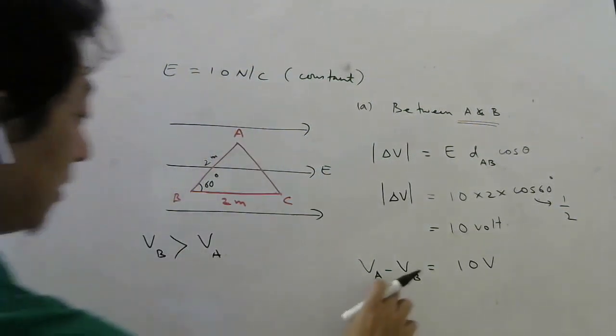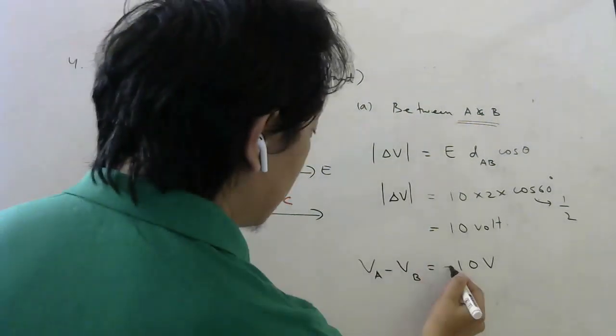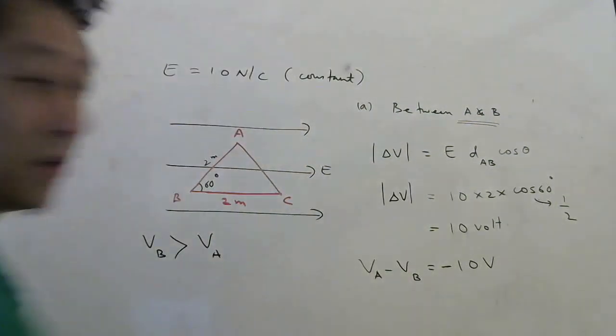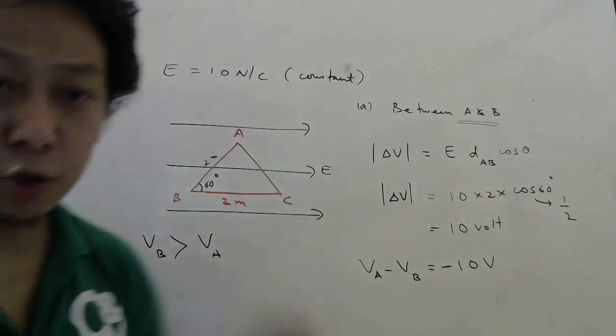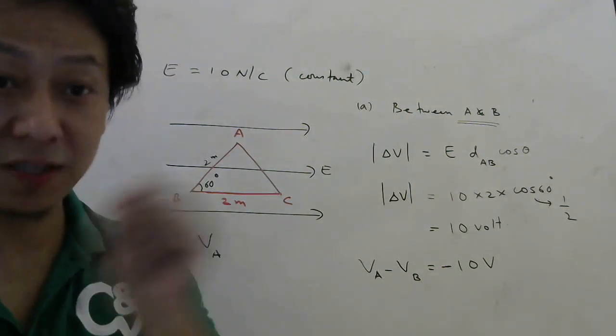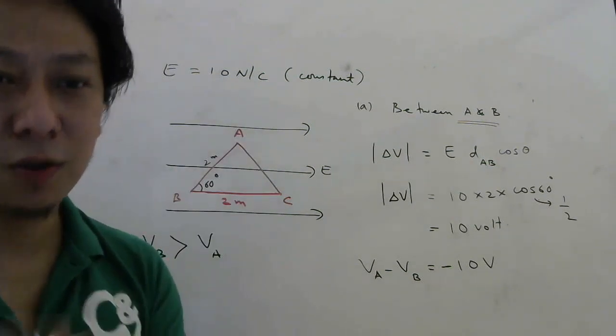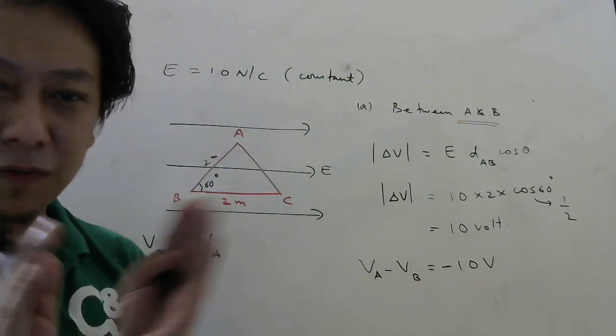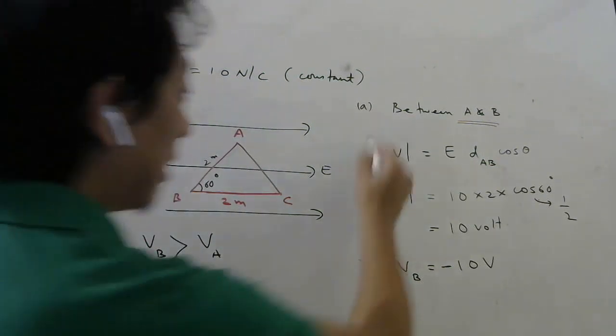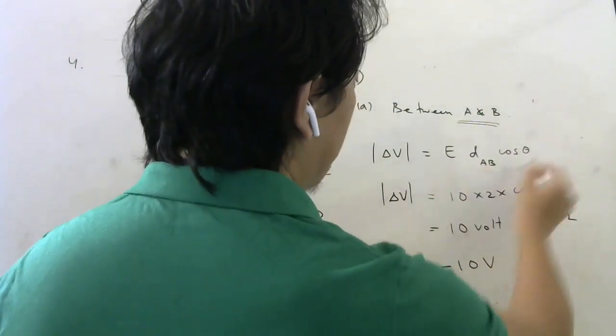That means VB is actually greater than VA. So this should be negative. Understood students? So this way if you do, you will never make a mistake about the sign. If you remember that integration minus sign, it will create confusion about which displacement to take. All those confusions we don't want. So just write modulus and find the potential difference first.